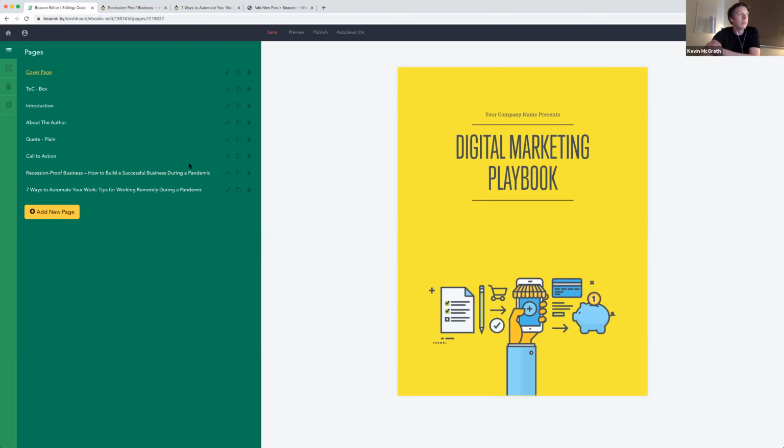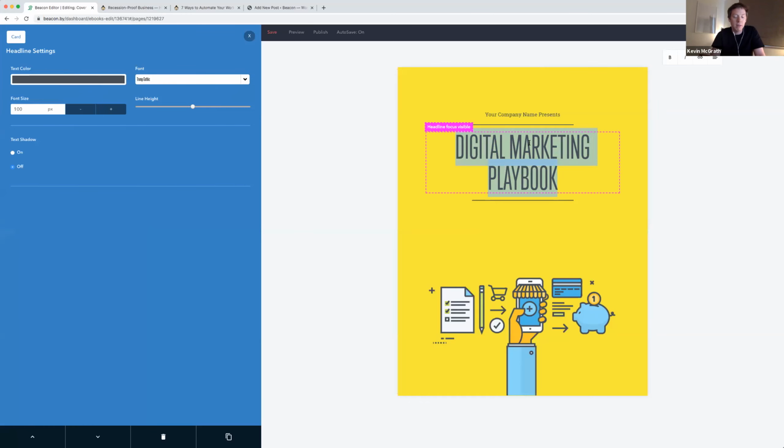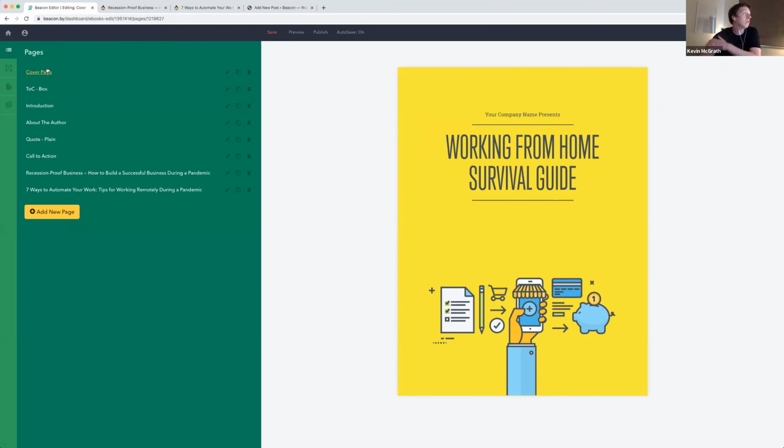So let's go up to the cover page, and if we want to change this headline, we'll just type in the box, highlight the text, and try and spell properly. Working from Home Survival Guide. So that's how you change the text of our templates,